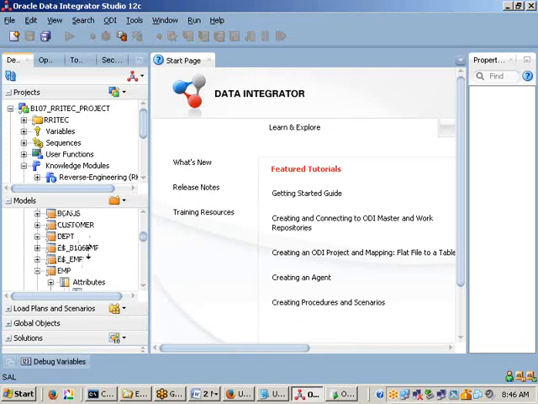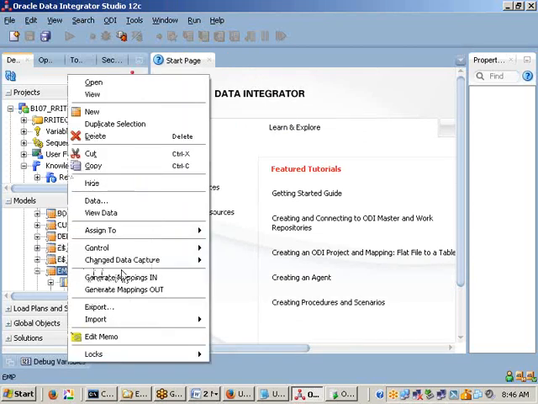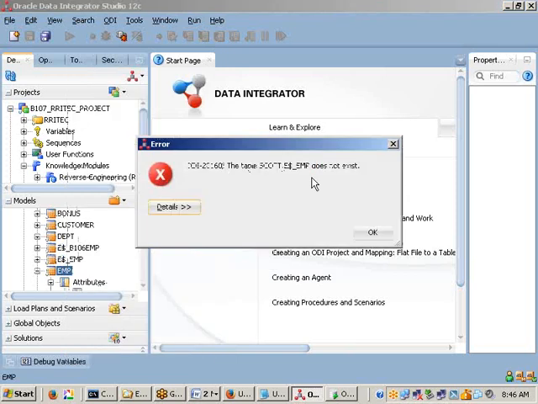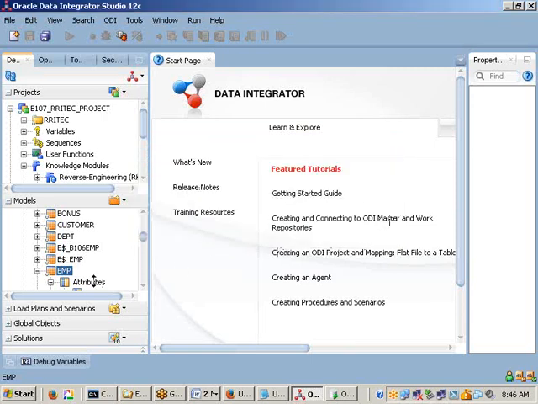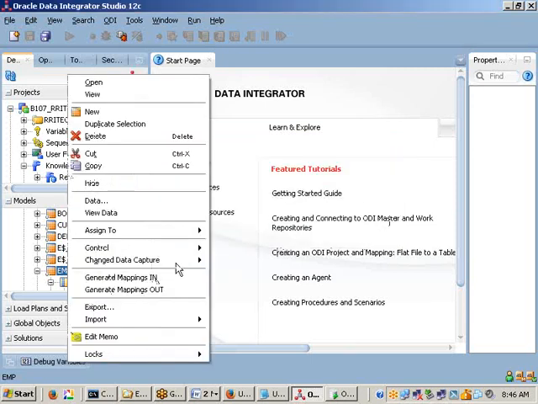Now I right click on the EMP table, then go to control, then errors. As of now, we didn't run this one, and that is the reason we don't get the option. The error table does not exist. If you want to see that, what do you need to do first? First you need to check this one. How to check it? Click on check. We have only one rule we gave, that is commission is mandatory. Commission is mandatory means it should not be null.